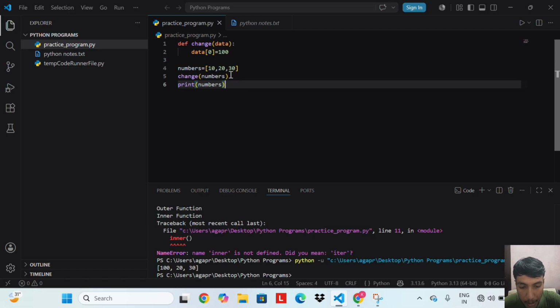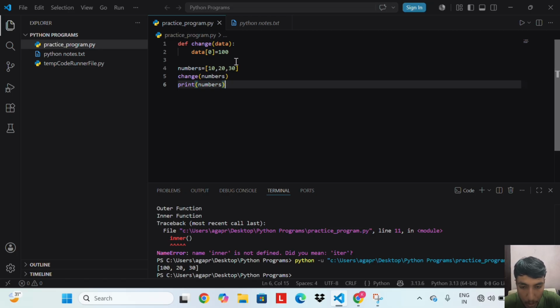So any changes made inside the function affect the original list. Here data[0] = 100 changes the first element.